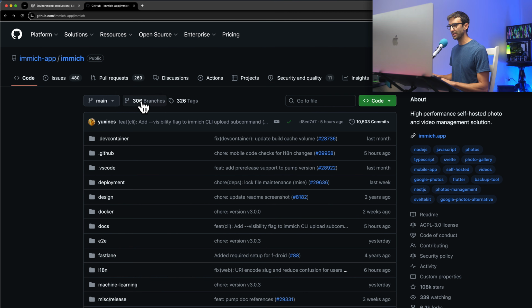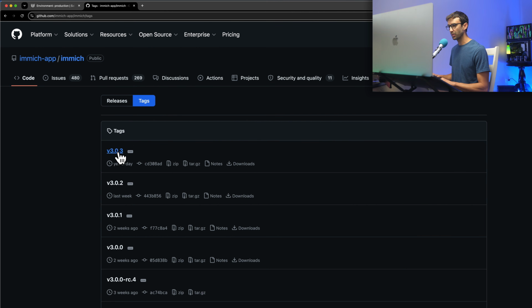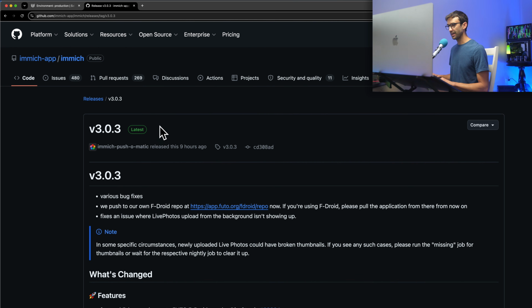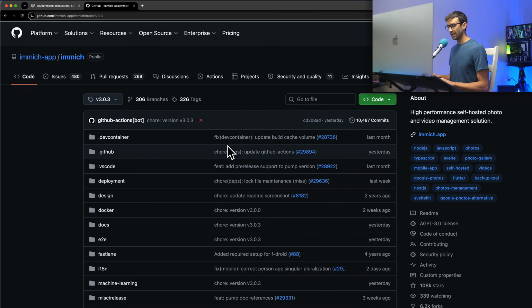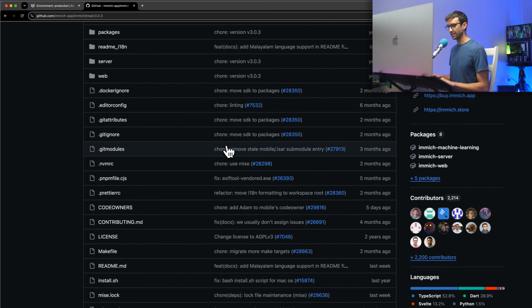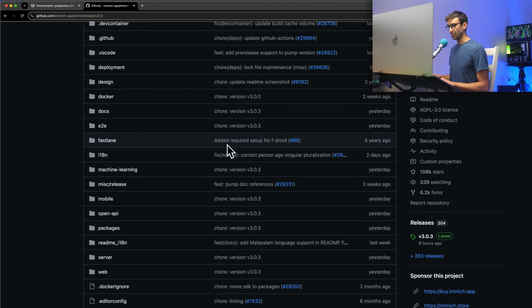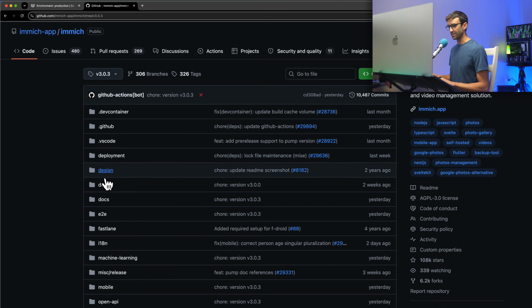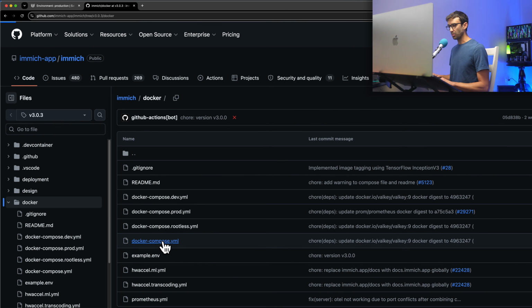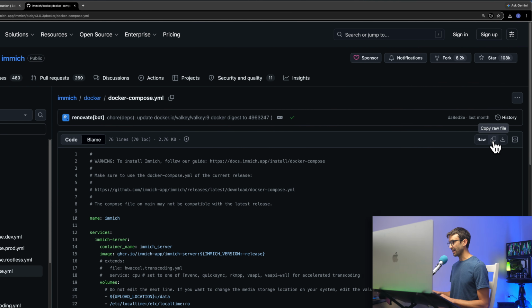Let's go to here where it says 326 tags. It could be different for you. We want to pick the latest tagged version. At the time, it's 3.0.3. And then to browse the repository at this location, we'll click here. And just like before, we were looking for the docker-compose.yml file, which in this case is under the Docker directory. And what we want to do is open this up, and then we'll copy that,